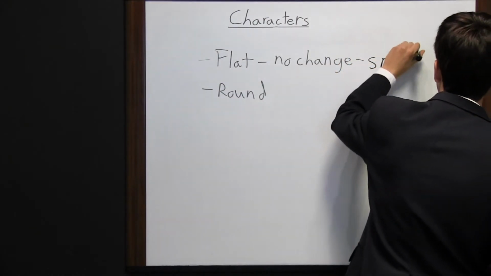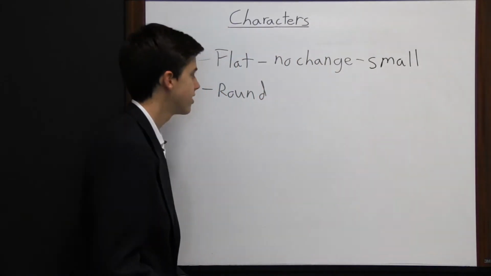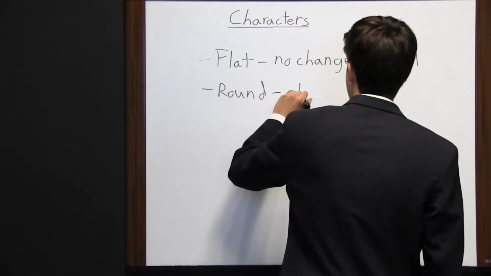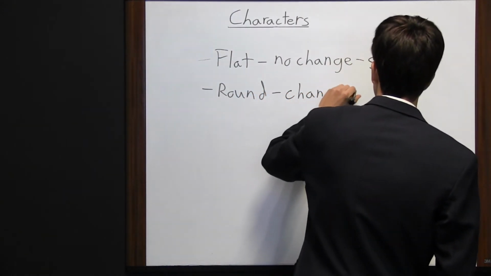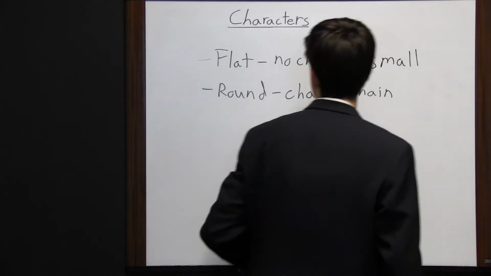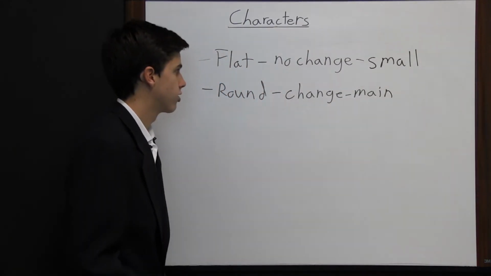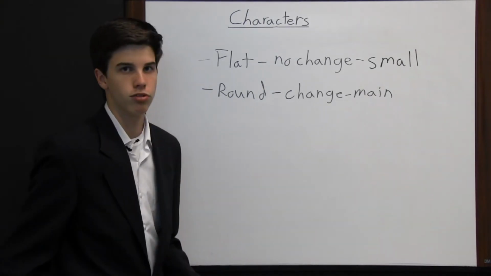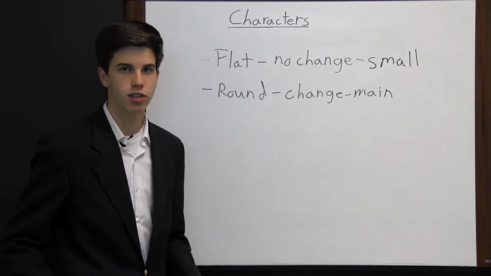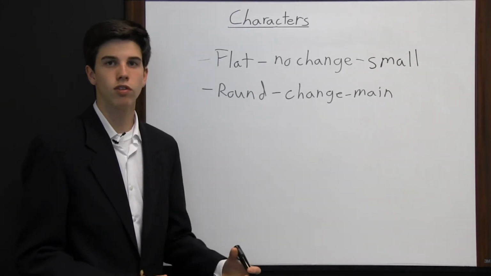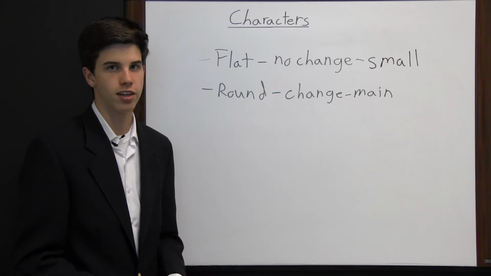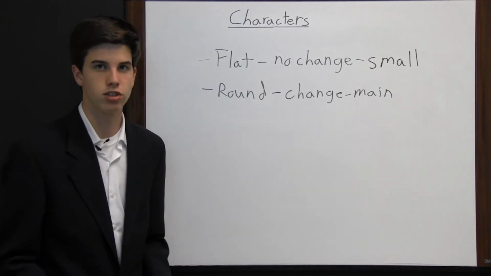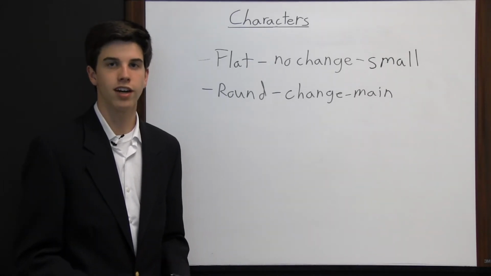The main characters of a story are never going to be flat characters. Instead, they're going to be round characters, because round characters incur lots of change throughout the course of a story. So they play the main roles. So flat characters and round characters both contribute a lot to a story. Obviously, round characters are needed to play the main roles because they're going to be developing and changing a lot, and that's what moves the plot along. The plot is moved along by changes in characters' personalities. Flat characters are also needed, however, because they play the smaller roles in the story, the supporting roles that make the main characters very interesting.